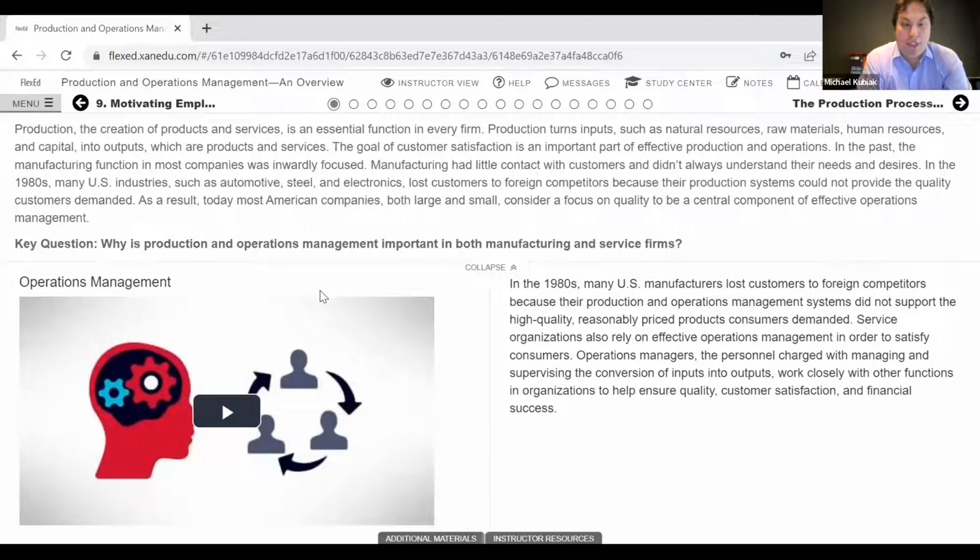Again, these line up fully with the textbook content, and so there's a video for each of those as we navigate through. And there's a couple different ways. You'll see these up here. We call these breadcrumbs, just to give you a sense of where you're at in any given chapter. You can use those to click through, or on the left and right, you'll see arrows that allow you to move through and tell you what's coming next.